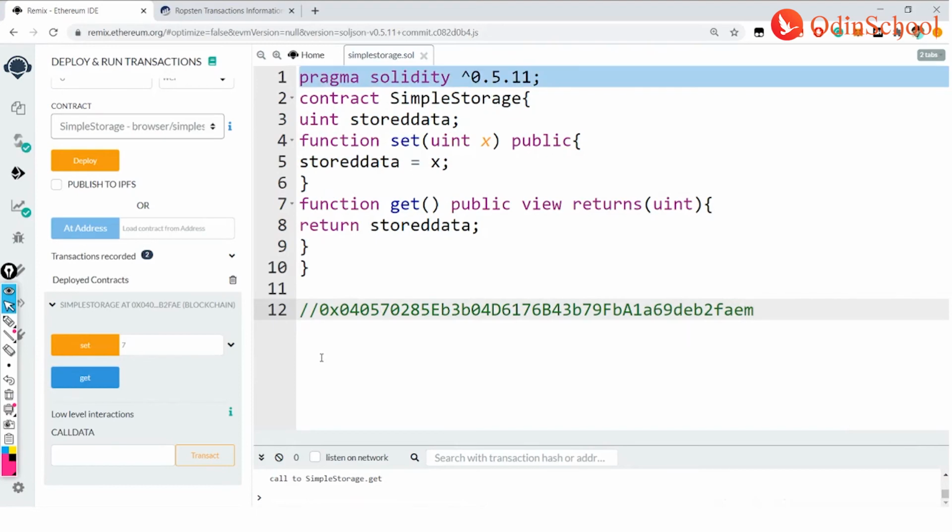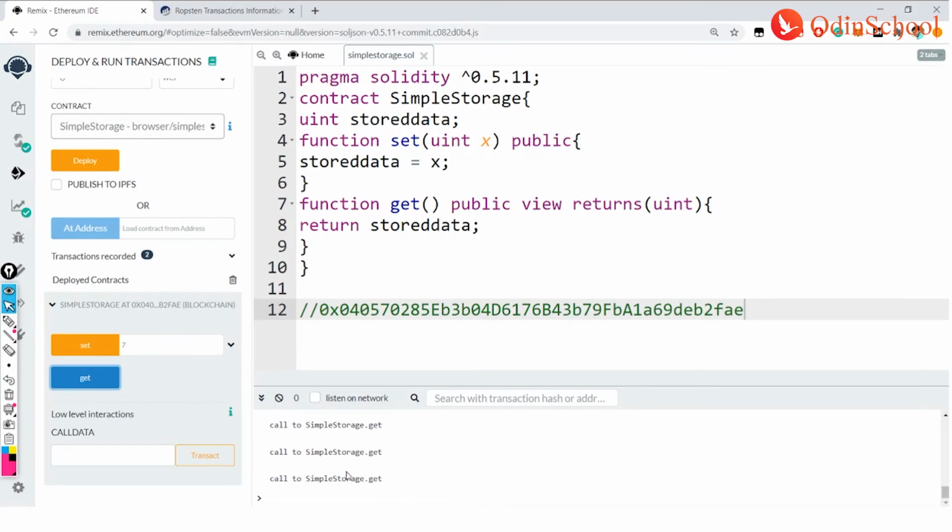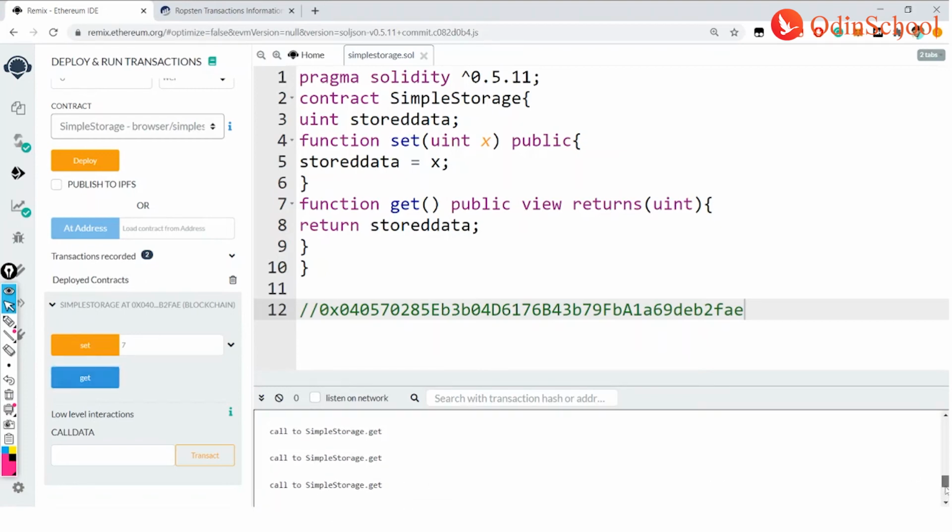Okay, so let me show you that. I think it's taking some time. Here in this case it's a terminal. The call has gone. I think it is a little bit delayed to give the output. Actually I have called various times. If you could see in the terminal, it is taking some time. See here, I have called many times, but you can do it only one time. You can just click on it and then it is going to give you the output.